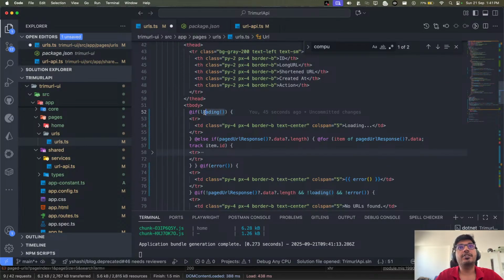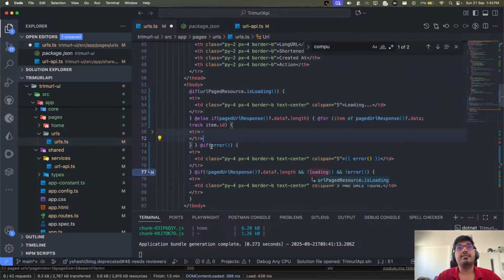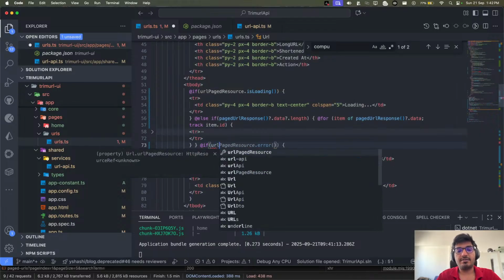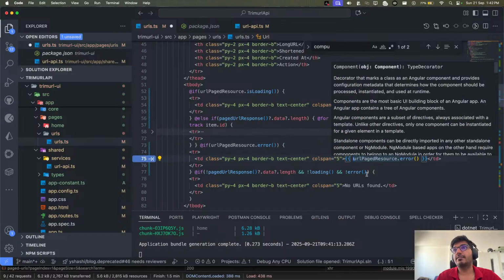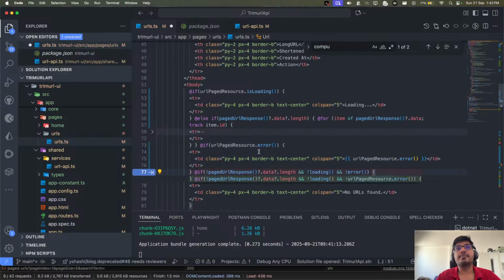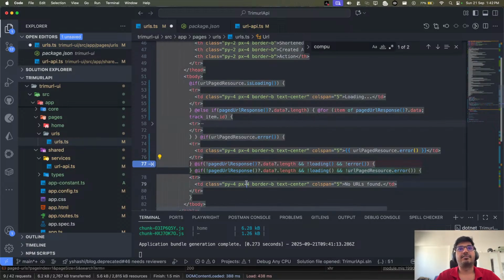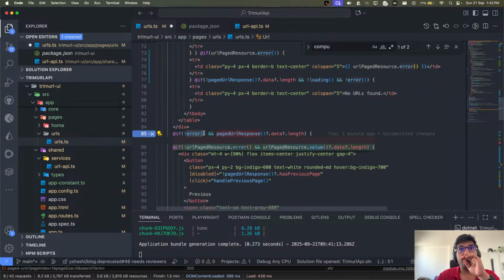Yeah, so here we can say URL response dot isLoading. Okay, we have updated that. What else? We can have this error state. We can say URL page resource dot error, if there is any error, then show this. And we can also update this. Same goes here. Okay, that's fine. Same here as well. So if there is no error,